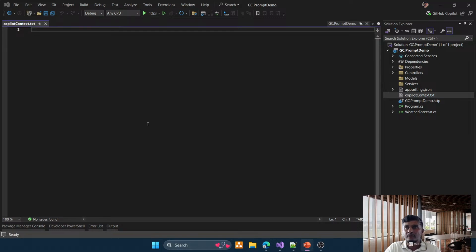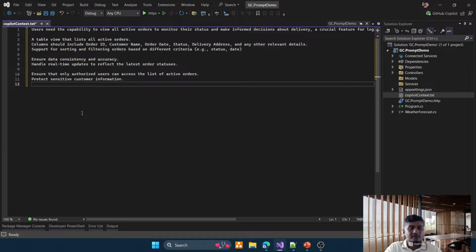Let me copy this. Now this is the context at this point. Next week when I write one more story, I may update this context with additional data, because I figured out new data or new ways to behave as a context, which will help my productivity. So I have a Copilot context file which is updated every week, every sprint by the team, so that the context grows over a period of time and becomes more relevant, which helps the prompt give relevant responses. Now, if I go back to the